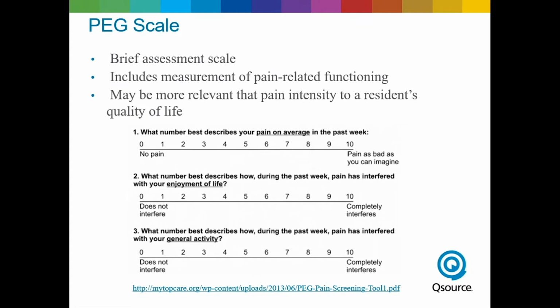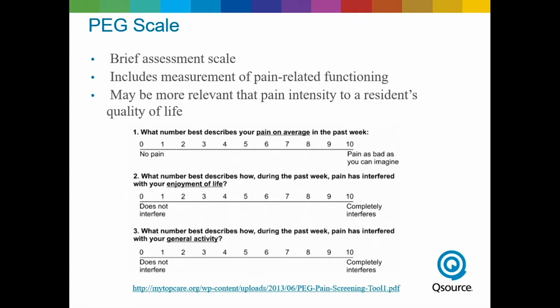So it's going to include, on top of the 0 to 10 pain question, pain-related functioning questions. This can really help when identifying how pain is affecting this resident. Some of us might report that our pain is a 10, but we're still going and doing the general activities that we do every day, while others might be reporting a 3, but they're laying in bed and can't really do what they normally enjoy. So this scale is going to give you a little bit more of a well-rounded idea of how their pain